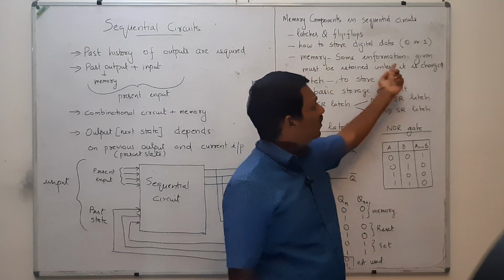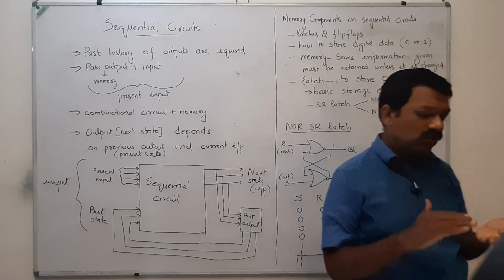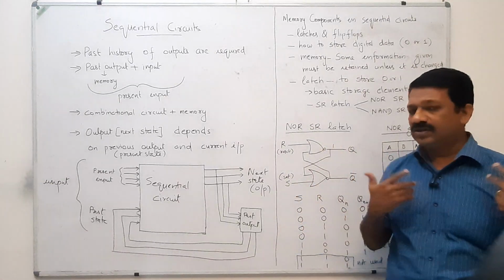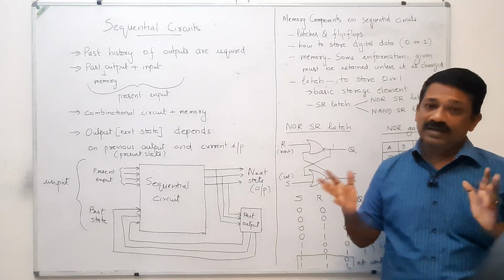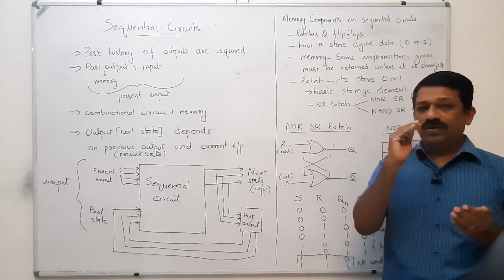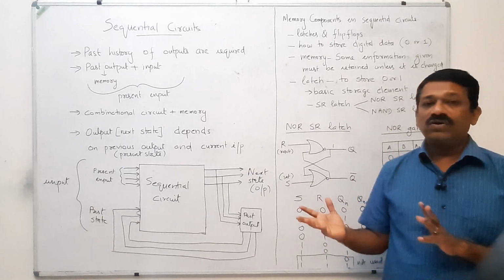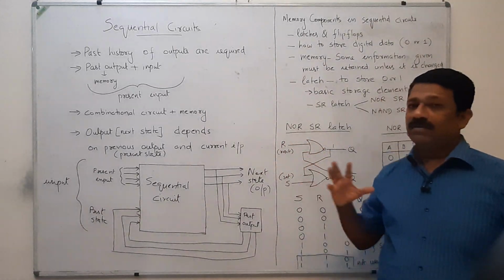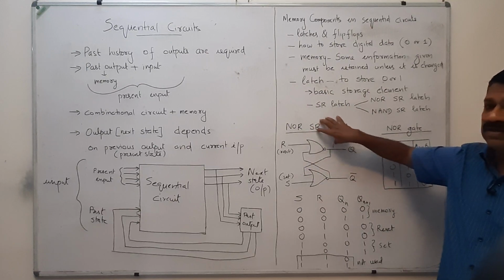Memory means some information given must be retained unless it is changed. That means you should have some storage location. If it is a secondary storage device, you can easily do that because it is a magnetic element and we can permanently record data there. So even if the power is off, it can retain that information. But these are all volatile devices,